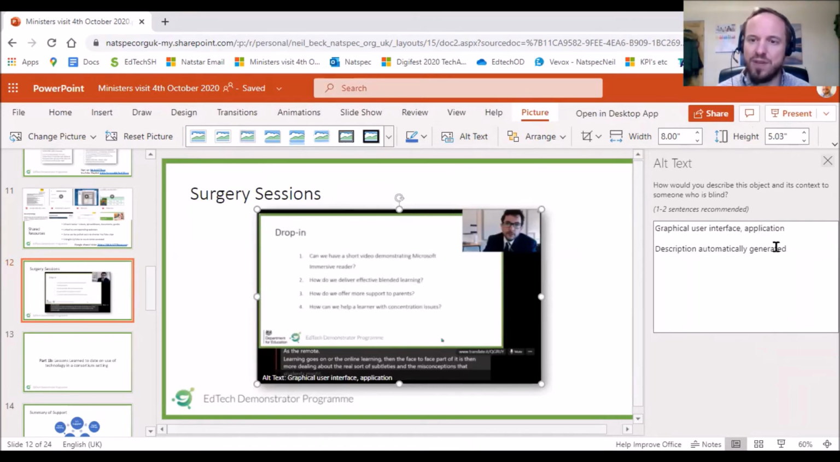So it says graphical user interface application. Now that isn't very useful for me. So I'm going to change that a little bit. It doesn't really describe what that picture is. So